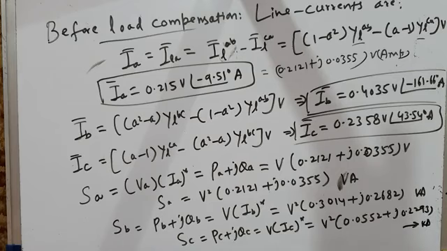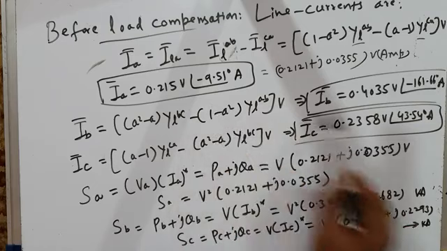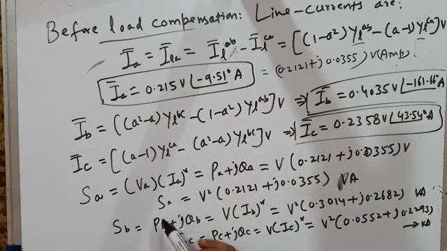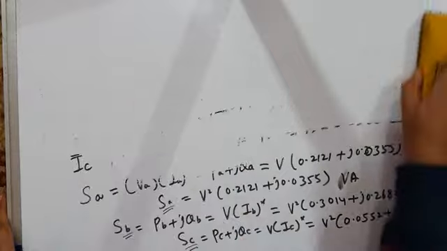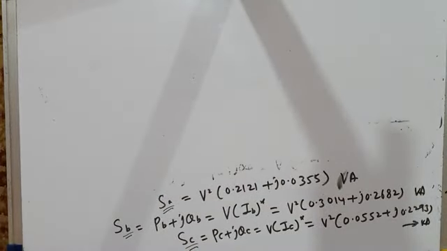So this is the apparent power delivered to the three phases. It will be different for the three phases because of load unbalance. So apparent power delivered to phase A is this much, apparent power delivered from source to load for phase B is this much, and apparent power delivered to phase C load is this much. From here you can find active and reactive power separately, because in the problem it is asked to write active and reactive powers.